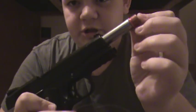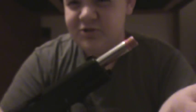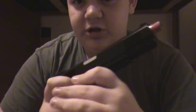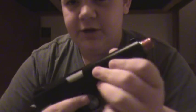Big ugly orange tip. Pretty sure it's just glued on here. I never took the time to pull it off, just because I put so many rounds through here and I shot it a lot. I literally shot it so much that I've never even had a game in this, and now everything's going down. One thing that I do think is wrong with the slide, though, is that basically when I shoot a BB, alright,